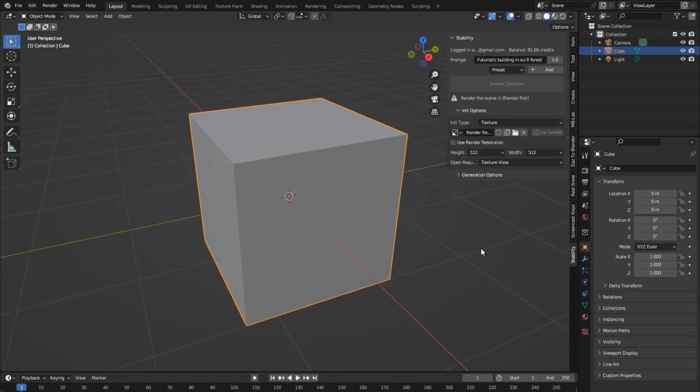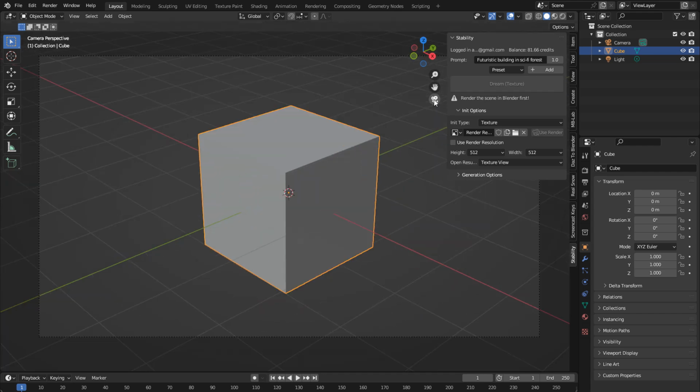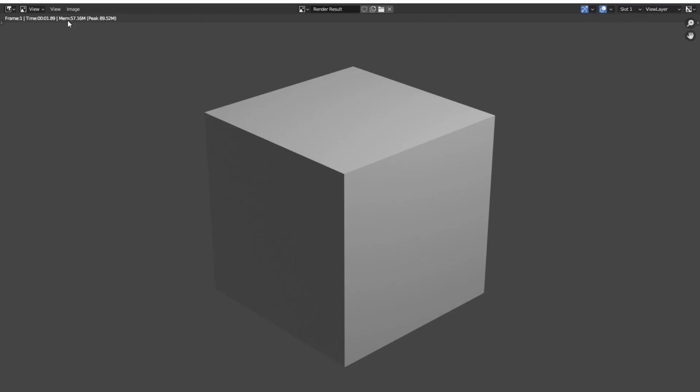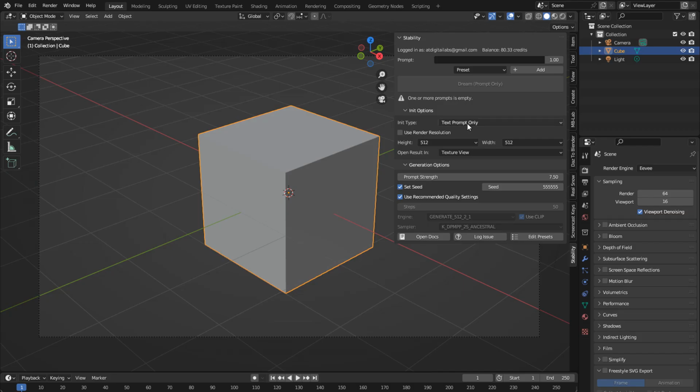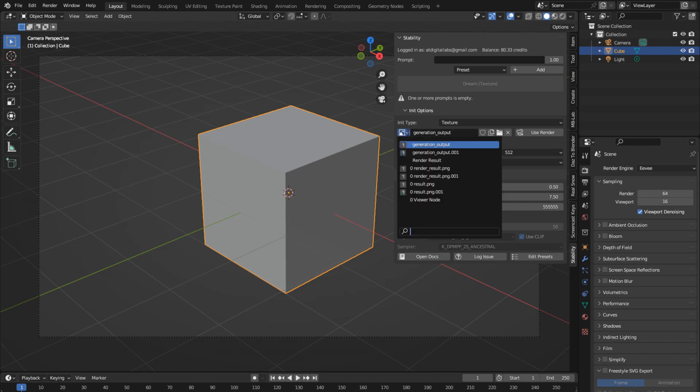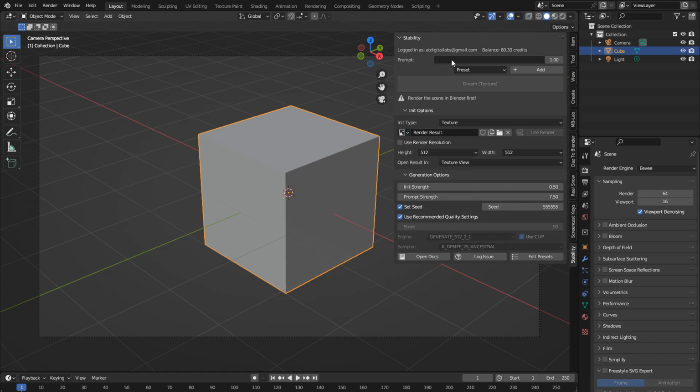To create an AI generation based on a rendered image, you first need to run rendering in Blender. You can do it by pressing the F12 button. Then, in the init type settings, select texture and set the image settings to render results. Add a text description that corresponds to the theme and decrease the value of init strength for a more diverse